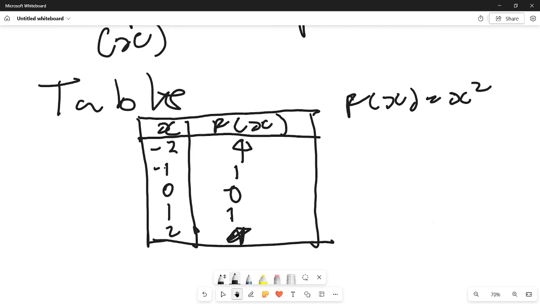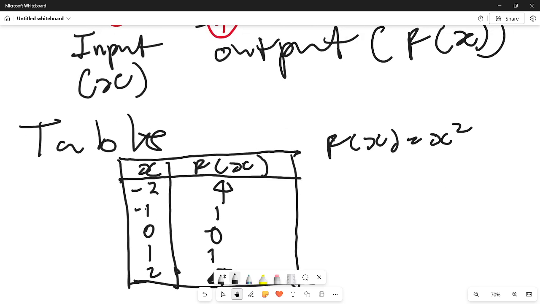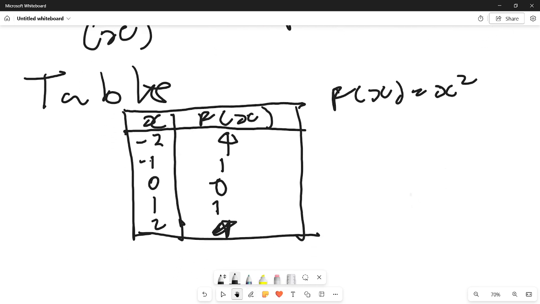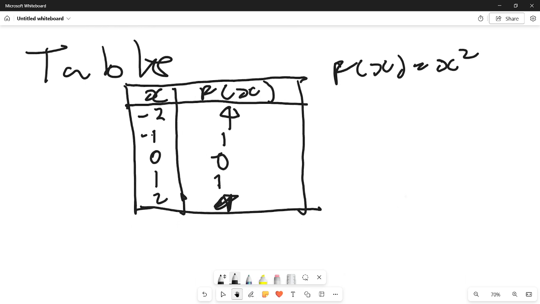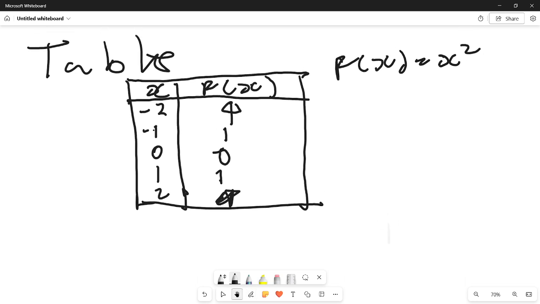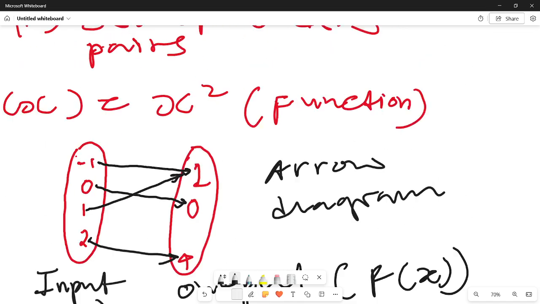I hope that's clear. So it depends on the values. Your table will depend on the values you chose for x. As long as the values that we chose have the correct output, you're good to go. So let's go to the next one,